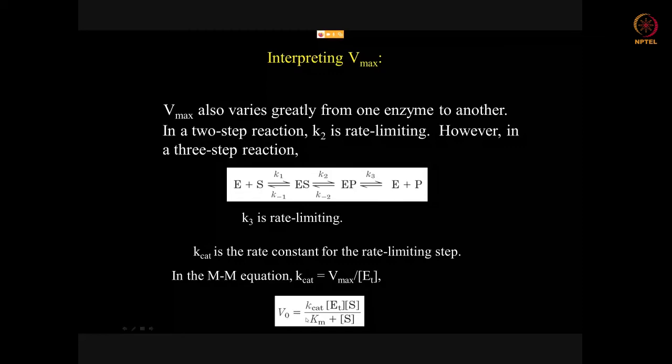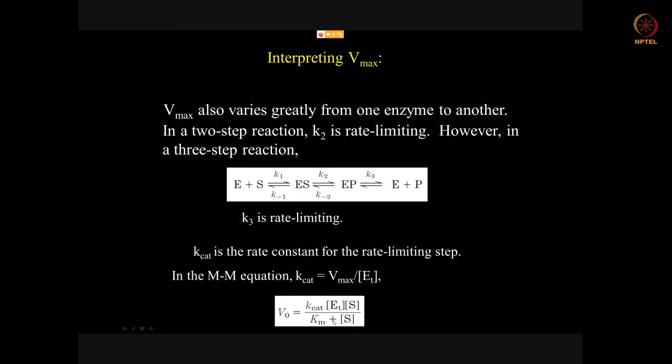So Kcat times Et will be Vmax, and in the Michaelis-Menten equation you substitute that. In any case, Vmax is always going to be equal to this, because it is not going to increase beyond the total enzyme available and the rate constant for that. This would always be the Vmax in any situation. And when you have this substituted in the Michaelis-Menten equation,